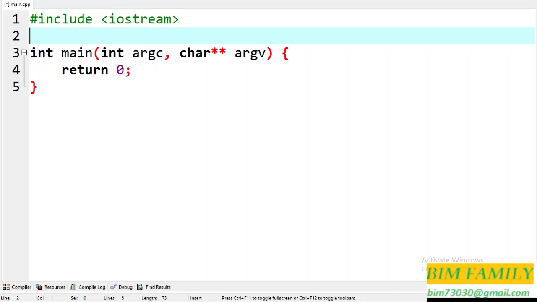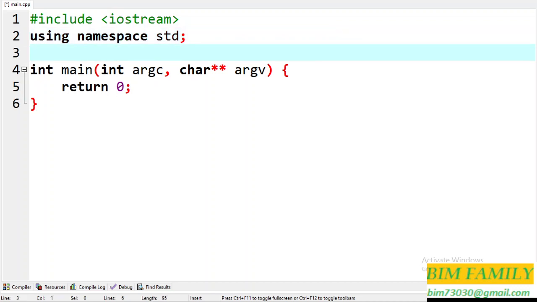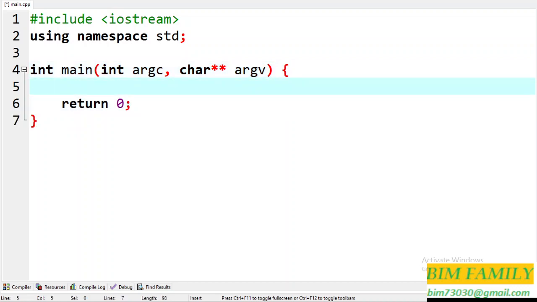So for this case we are going to say using namespace std, and here we shall be dealing with the variable itself. So for us to get started with the pointers, first of all we need